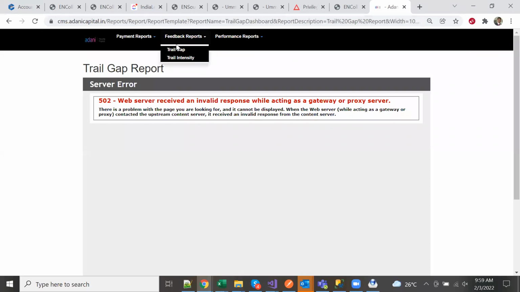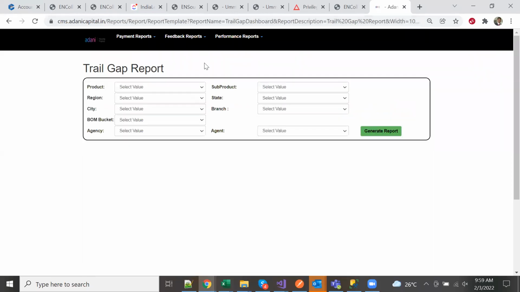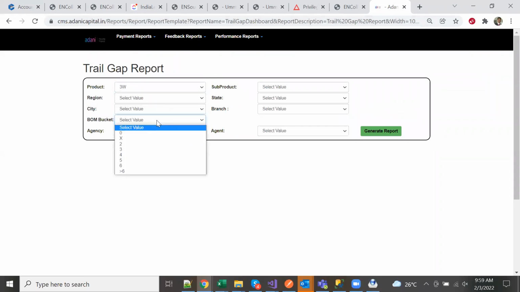Okay, it's a timeout error. Okay, let me pick up a smaller volume. Okay, it is 0 and generate.